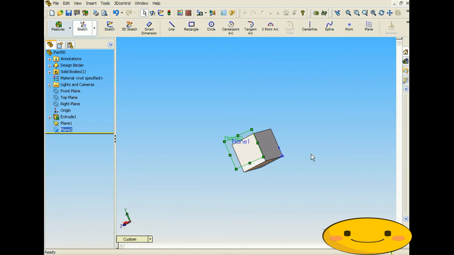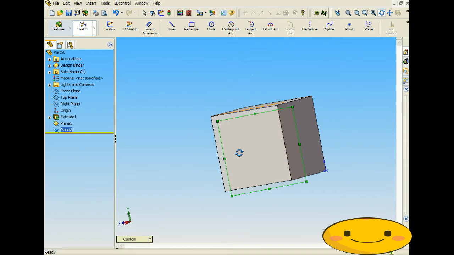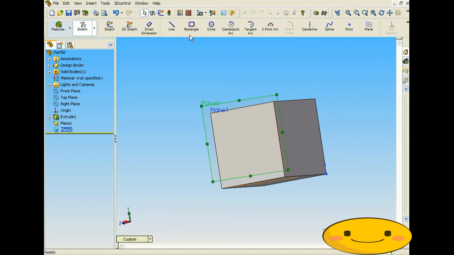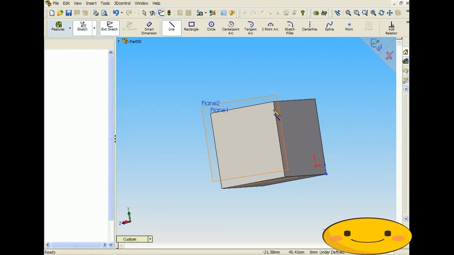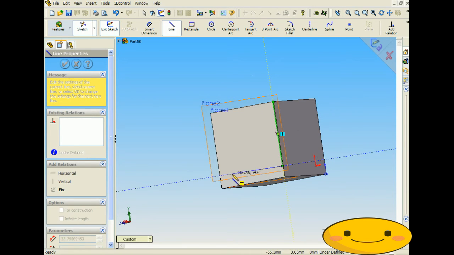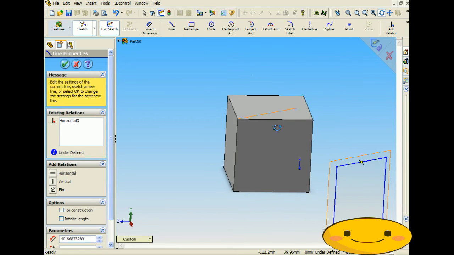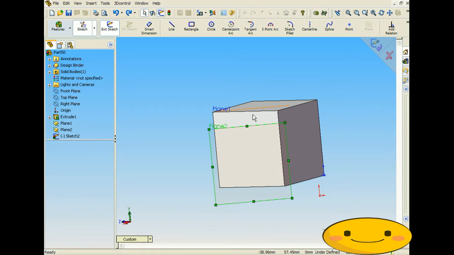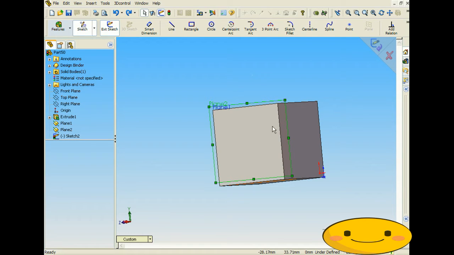Now, let's say that we're sketching on this plane, and we want this whole profile of the square to be on here, because we want to extrude or do something with it. Now, if we just tried to draw it ourselves, we're not drawing it precisely to what it should look like. So what we want to do is just extract those lines and those points and put them on our sketch. So if we click Convert,